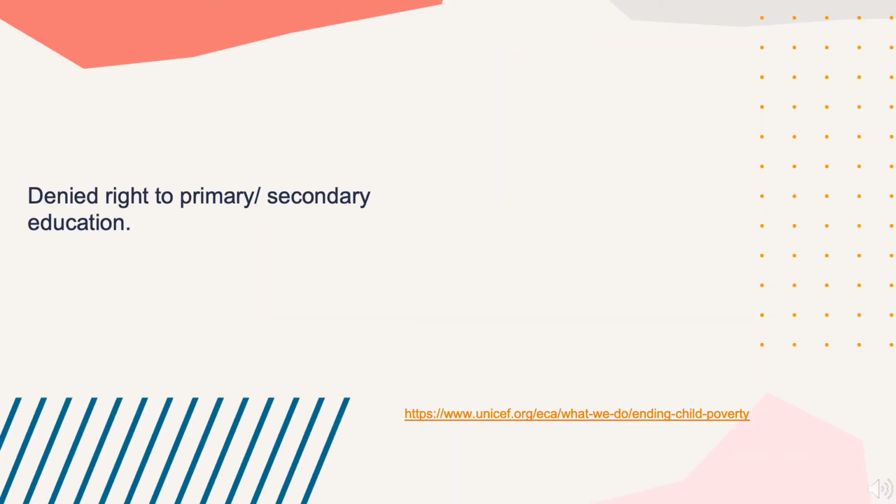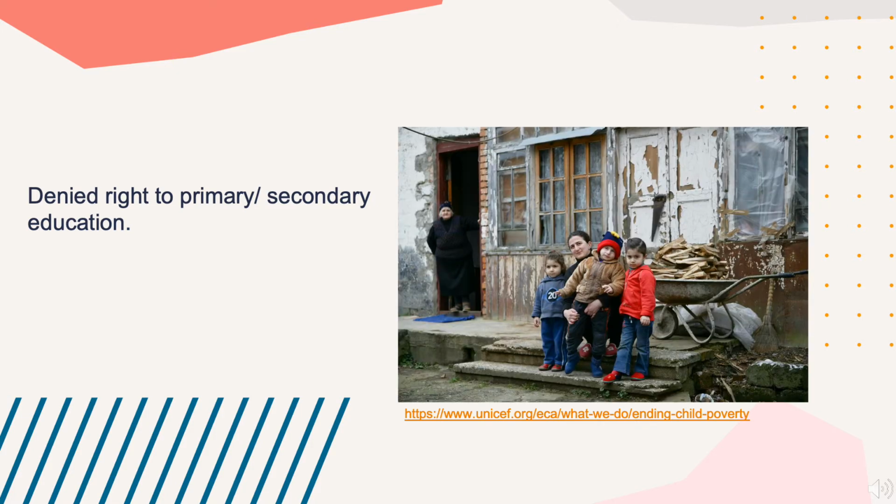Denied right to primary and secondary education. Due to persistent marginalization and deprivation, children born into poor families have limited rights to education, which may contribute to a sense of social exclusion due to lack of connectedness, social skills, and participation with other peer groups and children. As a result of poverty, most children from low-income families who have access to education go to school hungry, which limits their ability to learn. This may lead children to drop out of school and work in order to support their families, as well as meet basic needs such as food.